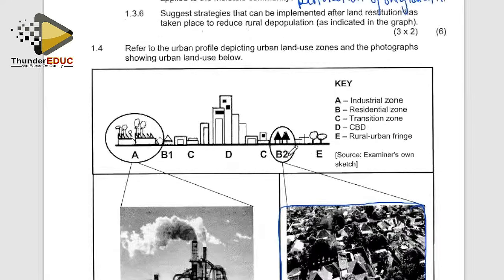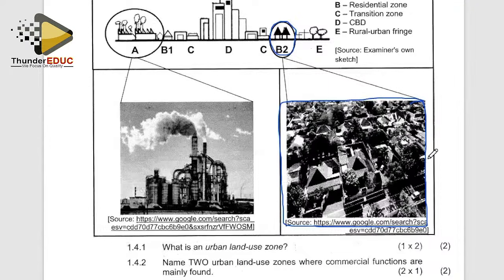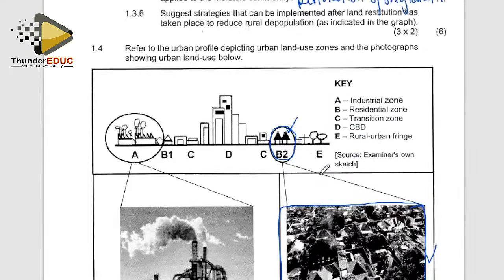Right. So we are going to use this here, and we are going to use this here. These are our 2 pieces of evidence. We want to find out justification that that one is a high income area. Right. By looking at this profile, we analyze using the location of this area here. If we check the location, we can safely conclude that this is a high income area because it's located away